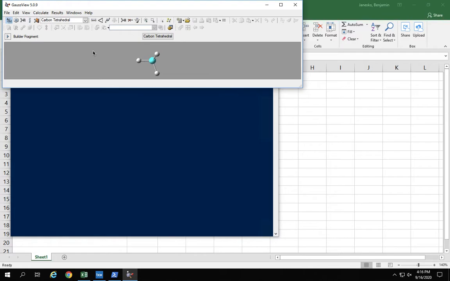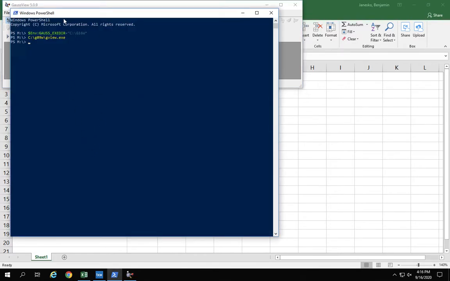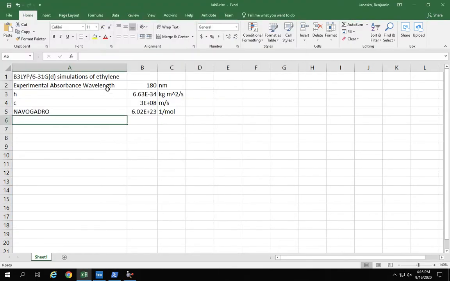So let's jump to, I've made a remote desktop connection. I've set my environment variables, I've launched GaussView, and I've also prepared a spreadsheet to keep track of the level of theory and the energies and all the things that I need. Because I'm going to be converting from energies to absorption wavelengths, I'm going to need in this spreadsheet Planck's constant, speed of light, Avogadro's number, and I've also got an experimental absorption wavelength of ethylene, which is about 180